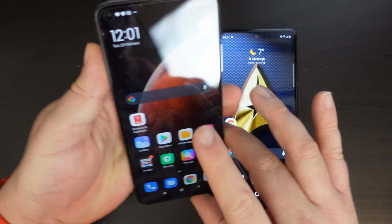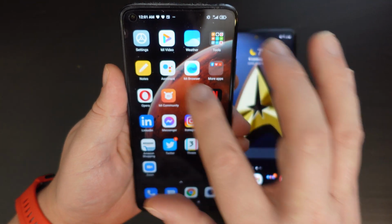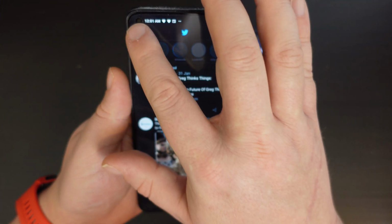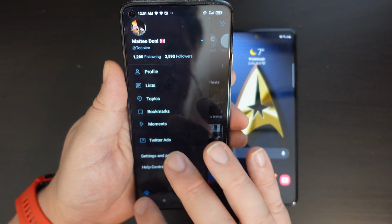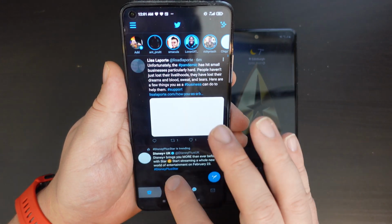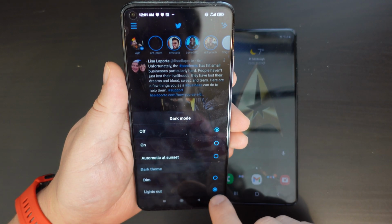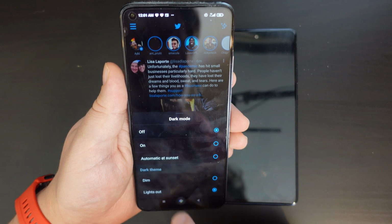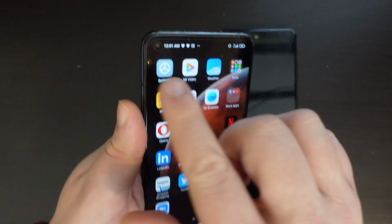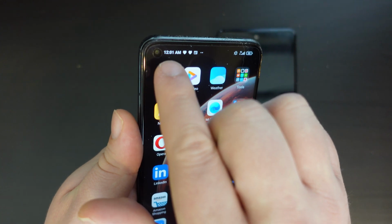Now let's look at the corners of the display, because both devices, I'll probably need to find something with a white background here. Both devices have lovely, lovely displays, and both of them have, in this case I'm going to turn off dark mode. Oh, it doesn't switch off. Let me do this here. It doesn't work. Anyway, there's a punch hole display, so it has a hole or a dot for the selfie